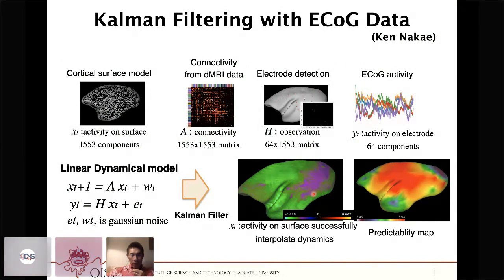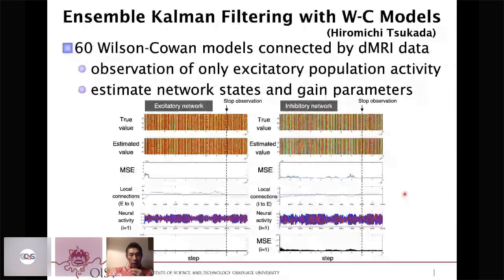So now we are trying to validate this result with functional MRI data. And also another colleague, Hiromichi, is working on nonlinear data assimilation using Wilson-Cowan model and the ensemble Kalman filtering. So this is still a very early phase, but